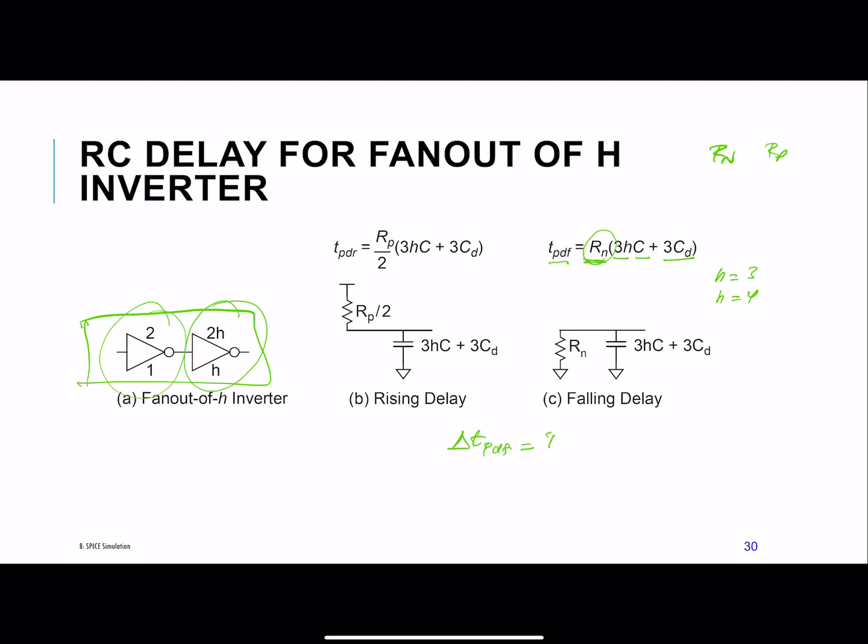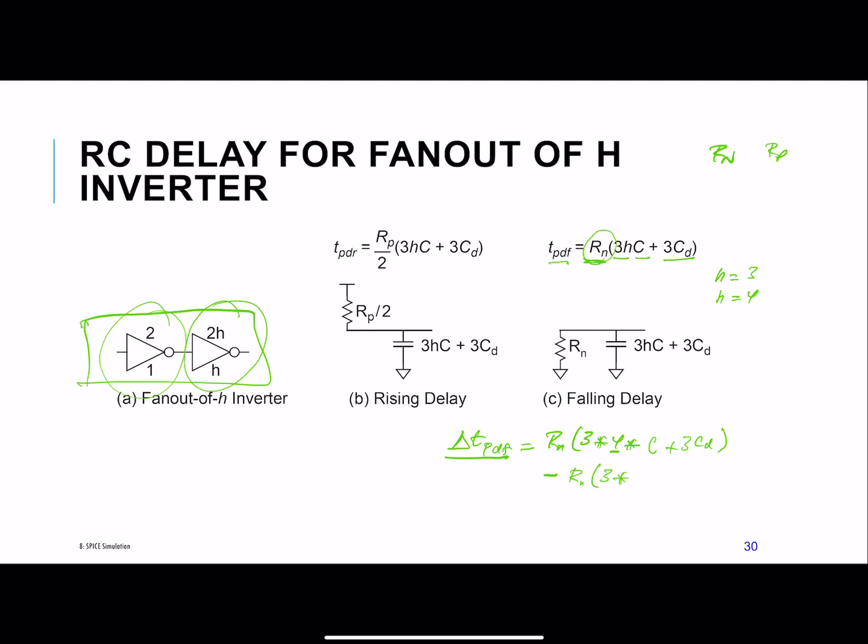For the case with fan out of 4, 3 times 4 times C plus 3 times C_D, minus, notice this is a delta, so you run once and get the propagation delay falling for the fan out of 4, and then you run it again and get the propagation delay for